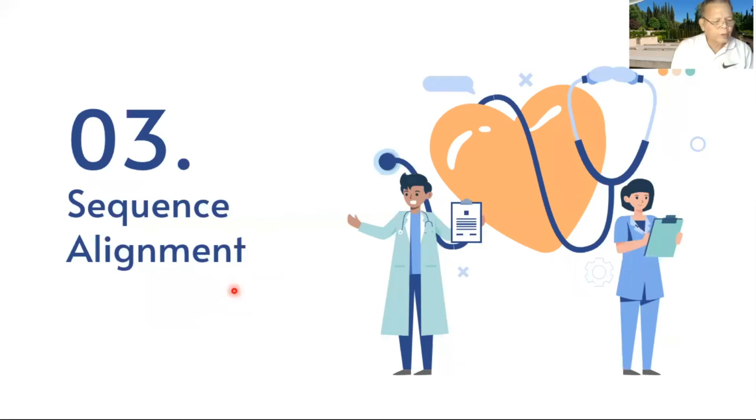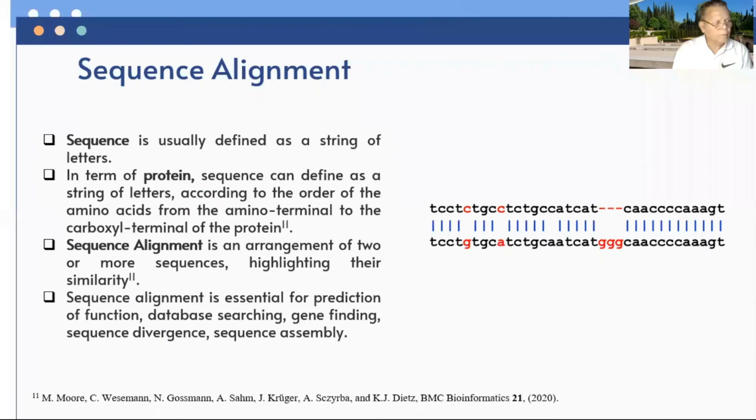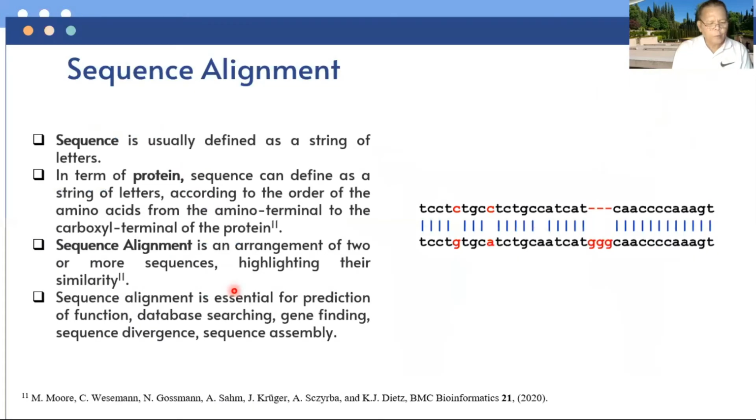Sequence alignment is an arrangement of two or more sequences highlighting their similarity, or a way of arranging protein or DNA sequences to identify regions of similarity that may be a consequence of evolutionary relationship between the sequences. The sequences are paired with gaps so that wherever possible, columns contain identical characters from the sequences. This one. Alignments are also used to aid in establishing evolutionary relationships by constructing a phylogenetic tree.